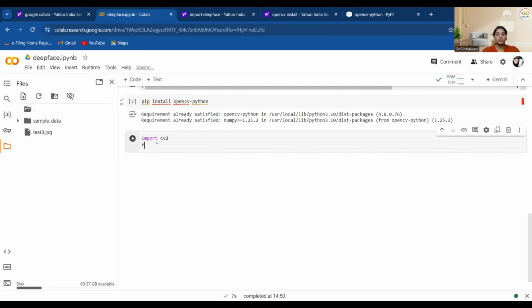Then the next part: from deepface import DeepFace. Then I will have the picture. So I will write image equals to